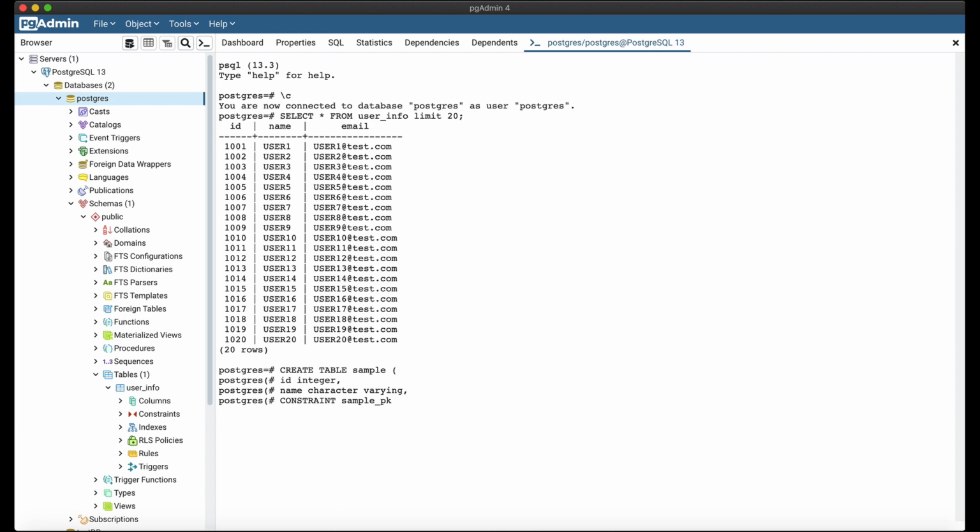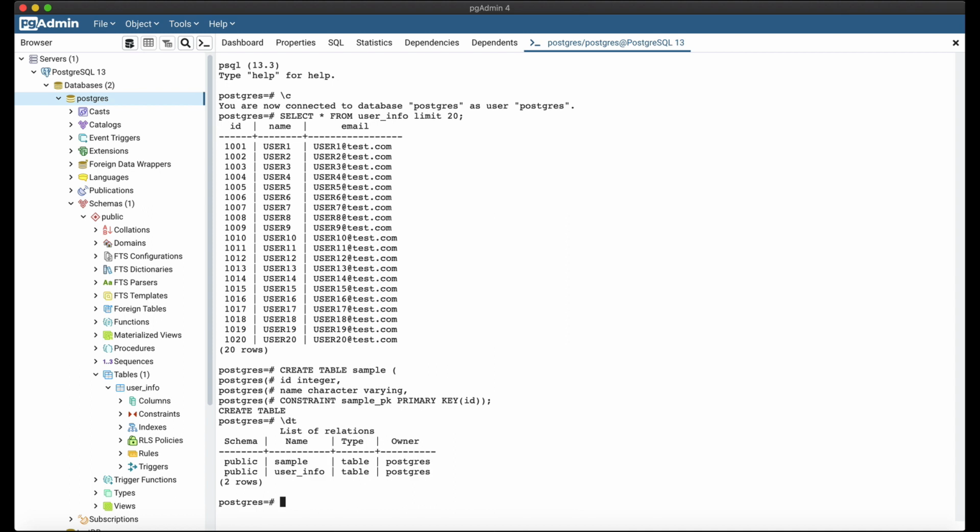Add constraint sample_pk as primary key. The table gets created. We can check by using \dt.